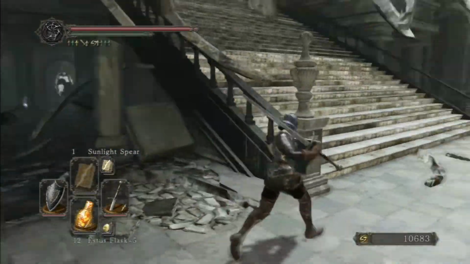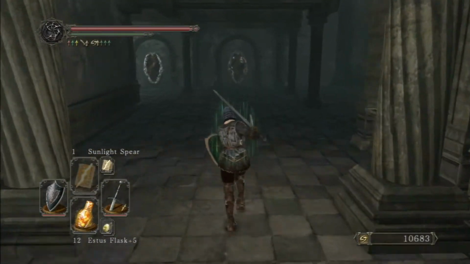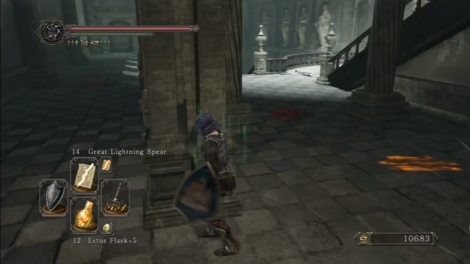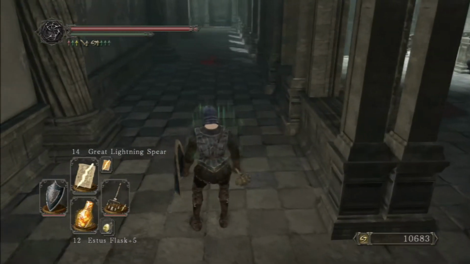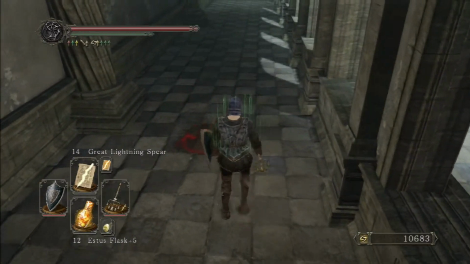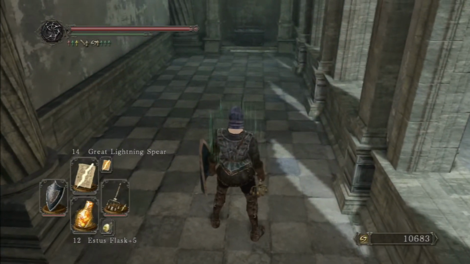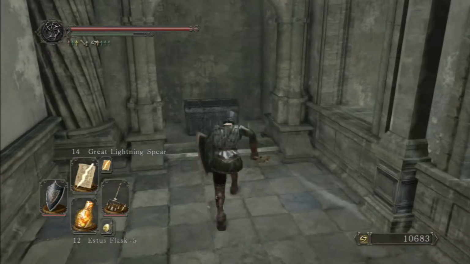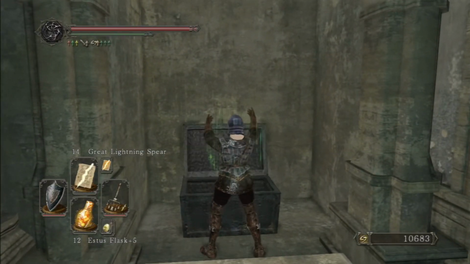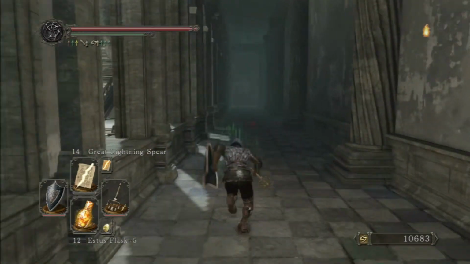Actually, before we go up the second set of stairs, this is a pretty cool part of the game. There's a red beetle over here, I think. There was. I can hear it sparkling, but I don't see it. Maybe it's upstairs, one more level, probably. Let's grab the chest here. I think I already have that spell, but...